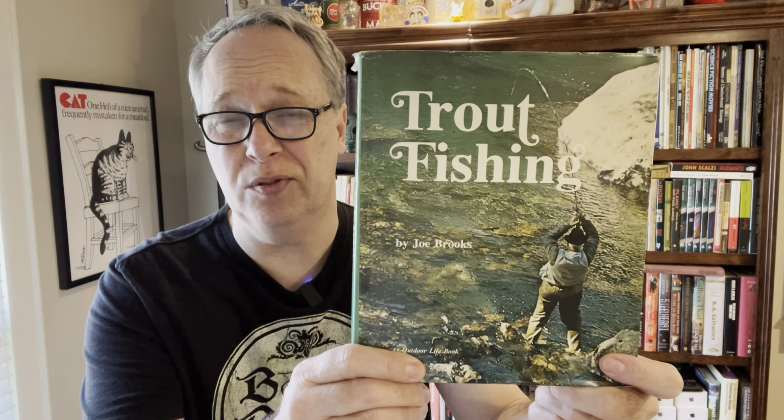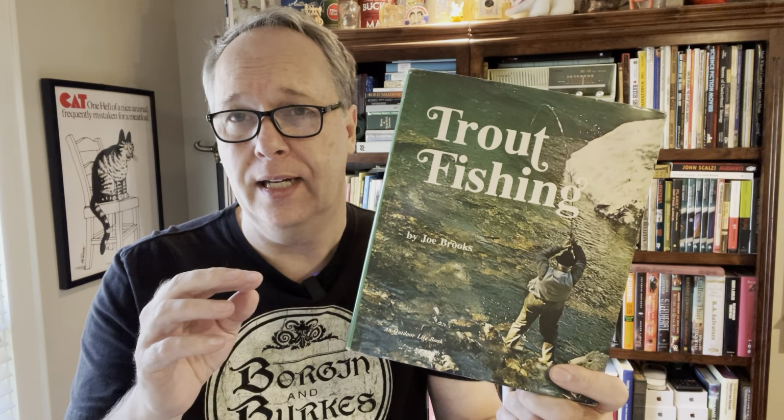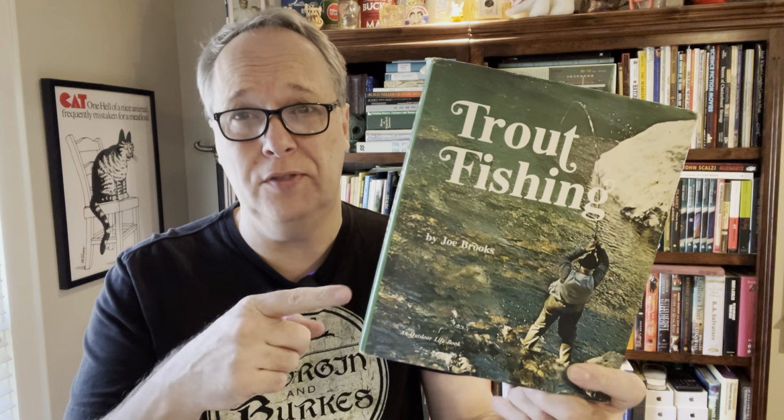Then another really, really good one from my library. I paid 50 cents for this one. Trout Fishing. I have comps 18 to 30 bucks. Tons of comps on this one. This one will sell quick. It's got some cover wear, so I probably won't ask for the 30 bucks. I'll probably sell it for 24-ish. But for 50 cents, good find. And I love it when you do a comp and it's not just one, right? When you see 5 or 6 of them sold on eBay for stuff like this,